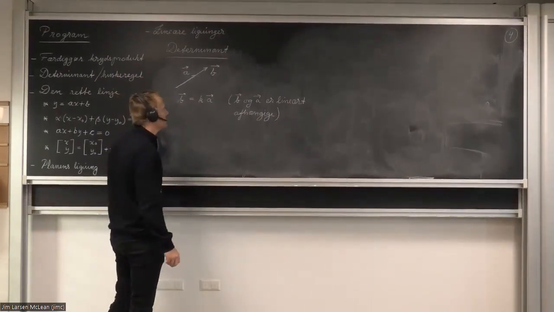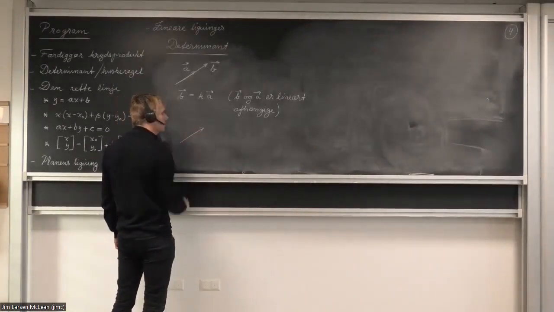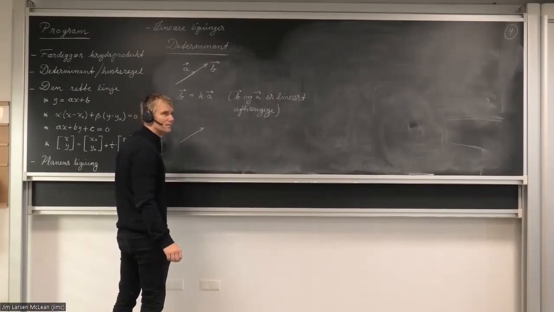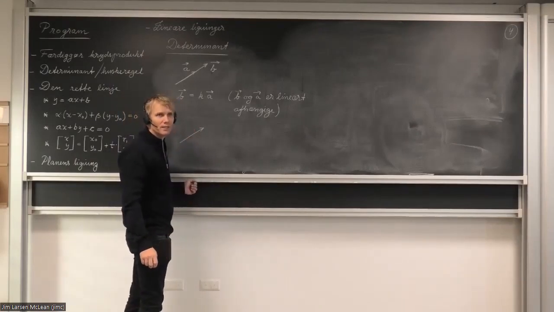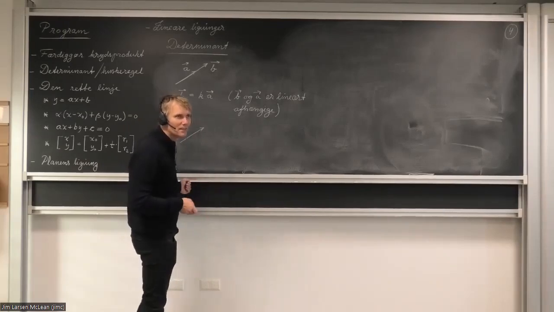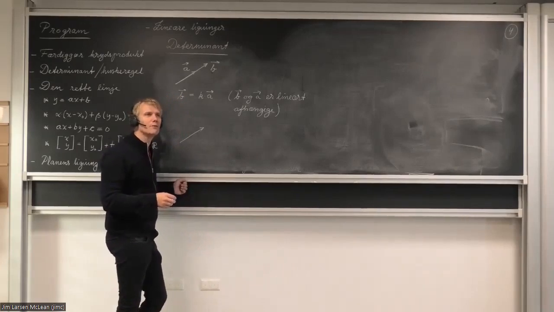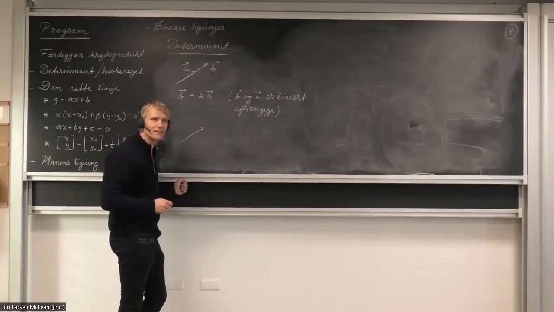But there are also vectors that are linearly independent. I think of it as completely independent ingredients. So for example, if you're making pancakes, you need a bunch of independent ingredients. You need flour, salt, vanilla sugar, eggs, and milk, and maybe a little bit of lemon and some beer if you want to make really good pancakes. And all those ingredients are independent of each other in the sense that you cannot get eggs by constantly multiplying flour and water. If you use more flour, you will not get eggs. In the same way,